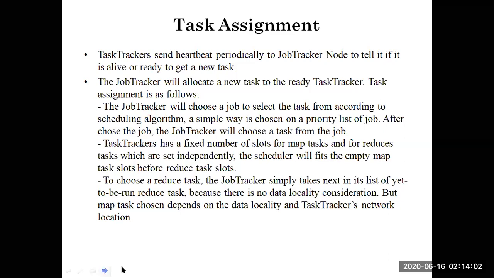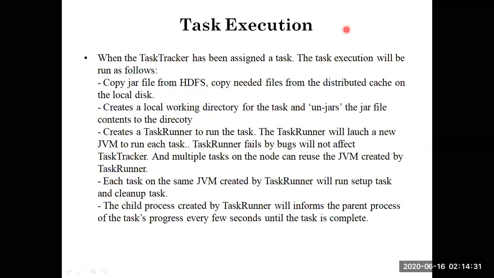Task trackers have a fixed number of slots for map tasks and reduce tasks. To fix the number of slots required for reducers and mappers, we have methods like set number of reducers and set number of mappers, where you can choose a reduce task and further process it. That is how task assignment works in MapReduce.